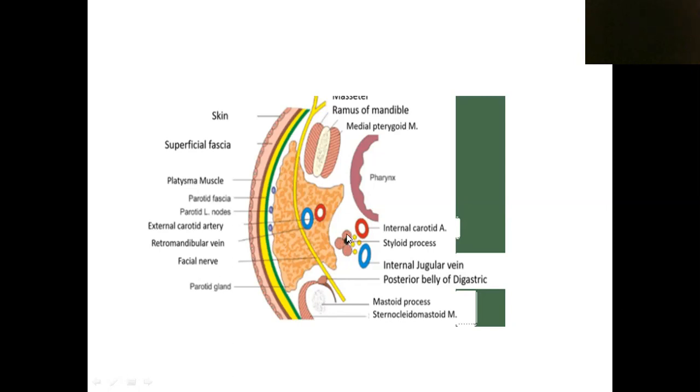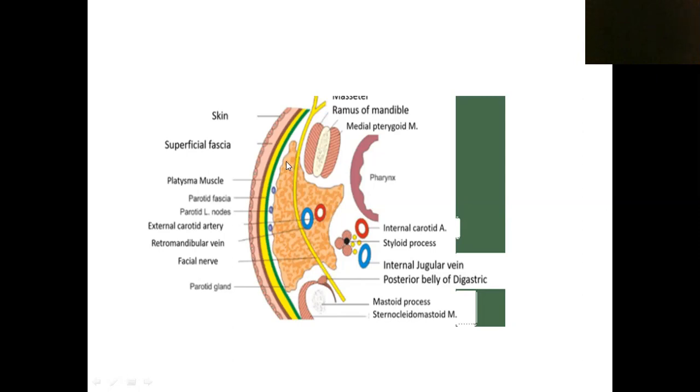What are these? From the styloid process to the tongue, styloglossus; styloid process to the pharynx, stylopharyngeus; and styloid process to the hyoid bone, stylohyoid. Then from the mastoid process, we have two muscles. One is the sternocleidomastoid, from the sternum and clavicle, inserted to the mastoid process. That's why it is known as sternocleidomastoid or sternomastoid. And the other is the digastric muscle, the posterior belly of digastric. So this posteromedial surface is related to the mastoid process and styloid process, and not only that, their muscles.